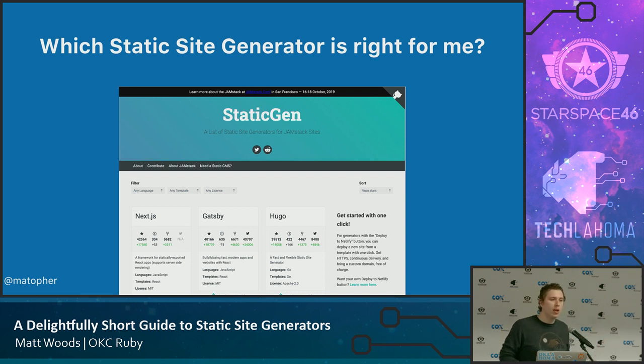But if you don't need that, you could go with something like Gatsby, which is going to be more of the website side and the blog side. If you like using Go, you can use Hugo. And there's pretty much any language you can think of. If you want to write this thing in Rust, I think there's a Rust static site generator. If you want to do it without any of these and just use Markdown and some bash scripts, like people have done this. And so whatever you like working in, whatever language you want to play with, there's probably a